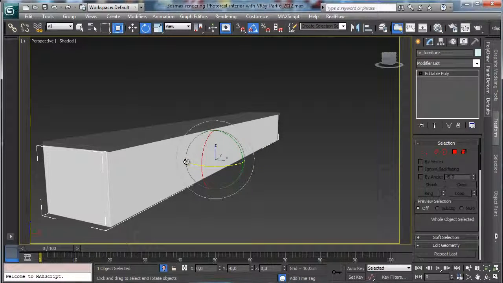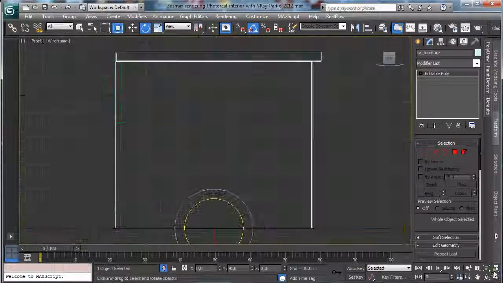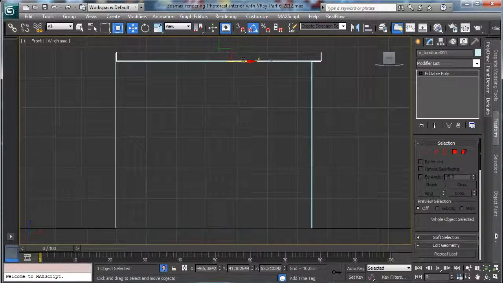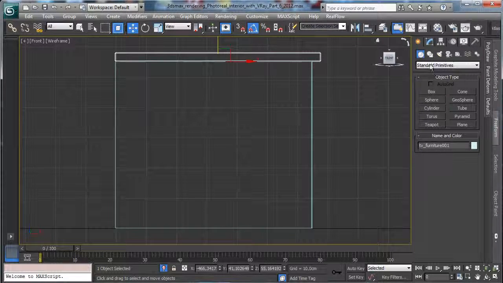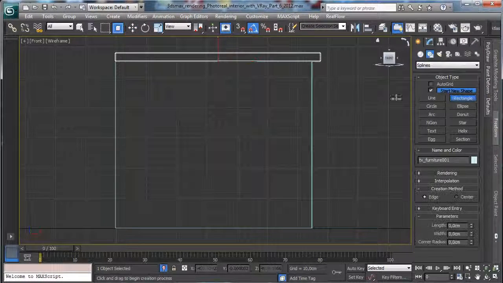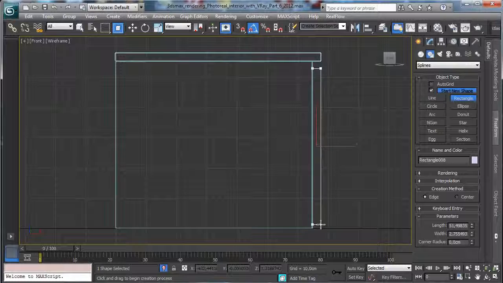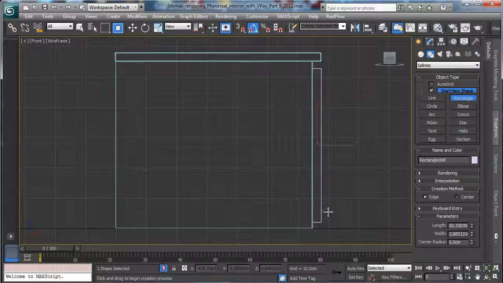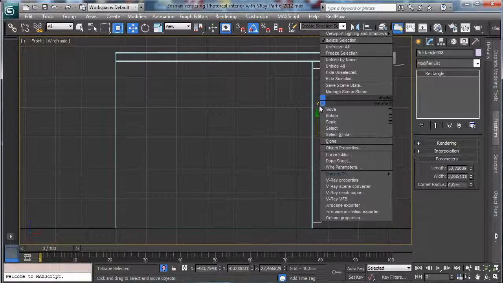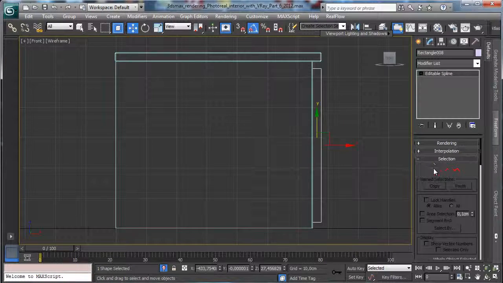So now I like to have something to open. So we can go on this viewport. We move this one just a little bit. Okay, and then we can create a spline, but we can use a rectangle. So let's say something like that, and then we can convert to editable spline,